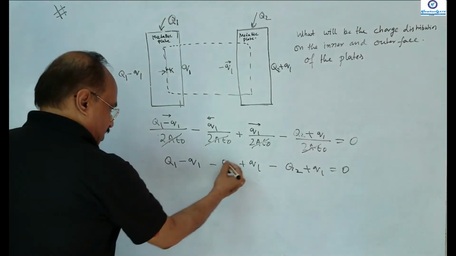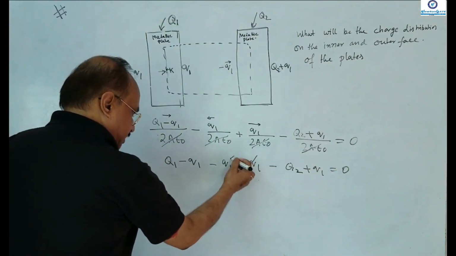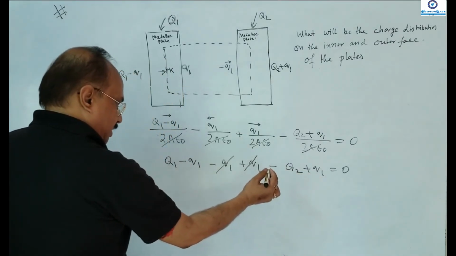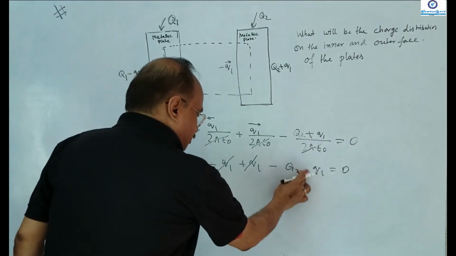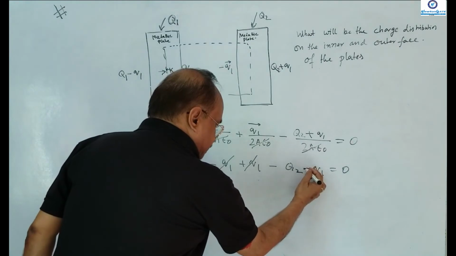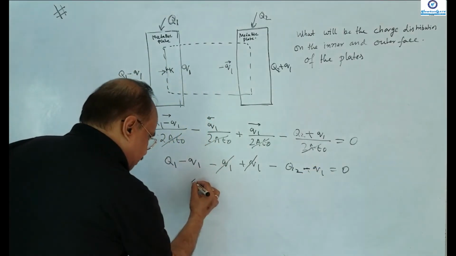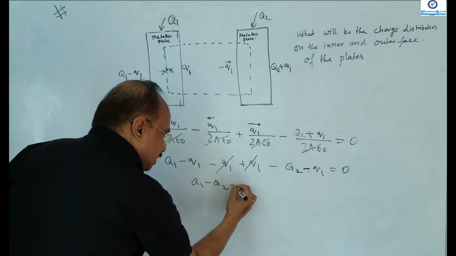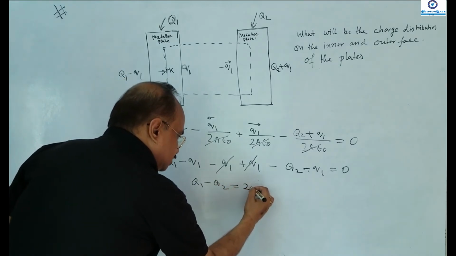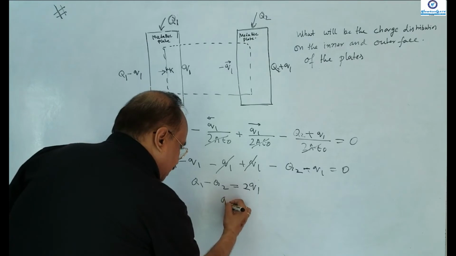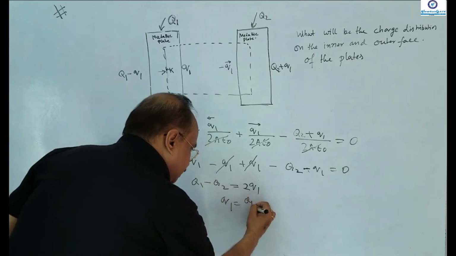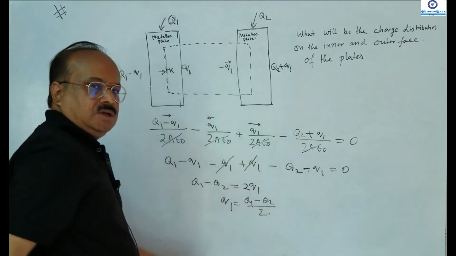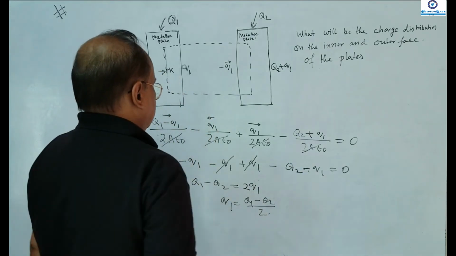That means you see this and this get cancelled out. So it will be minus Q1, and this will be minus, I think this is minus. So it will be Q1 minus Q2 is equal to minus 2Q, that is 2Q1. That is, Q1 basically will be equal to Q1 minus Q2 divided by 2, right? Okay, so that means